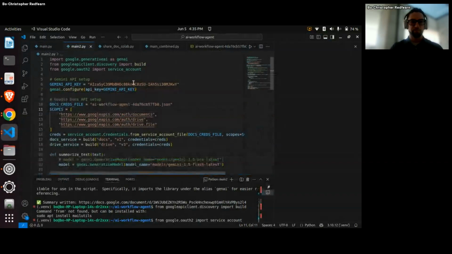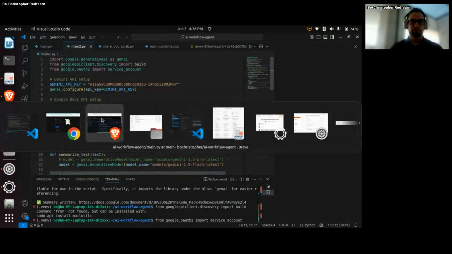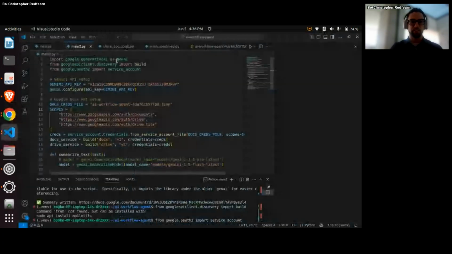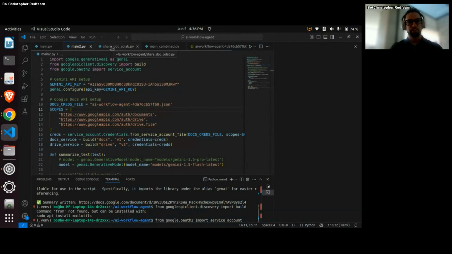It's because there are two different emails: the service account and the personal account. Because we're not signed in with our service account, we'll have to share it with our personal account. And how we can do that is by running